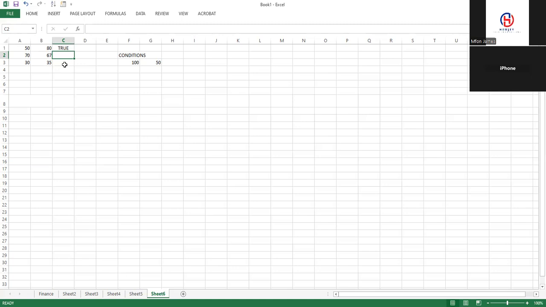So whenever all the conditions are true, even if you have about 3 to 20 conditions, it will return a true value. And if one out of all your conditions is false, then it will return a false value. So that means before a condition can return true, all your criteria must be met. So that is